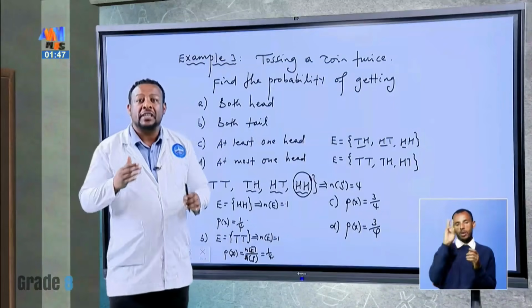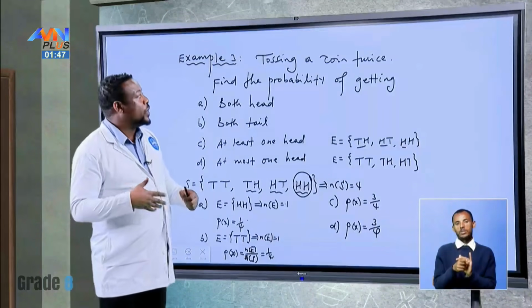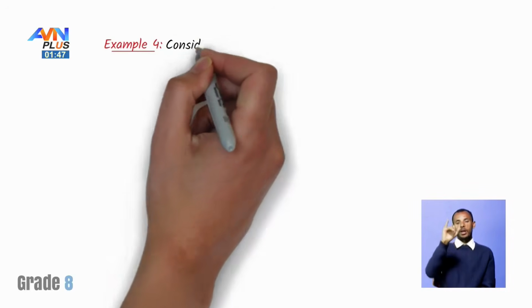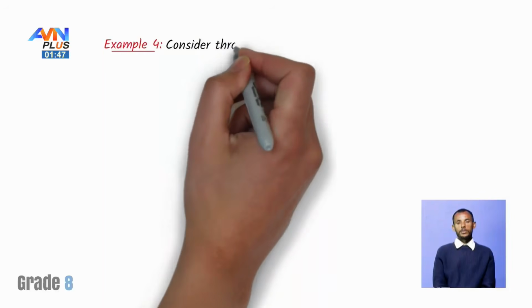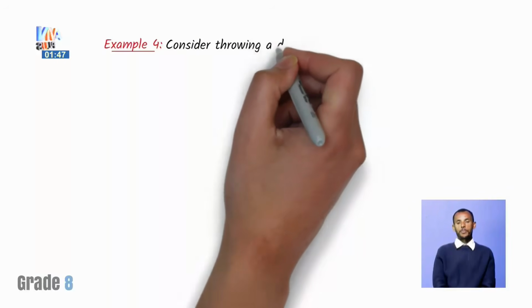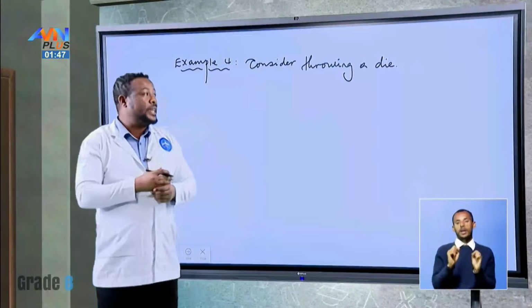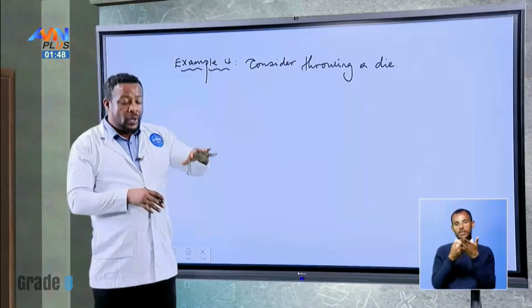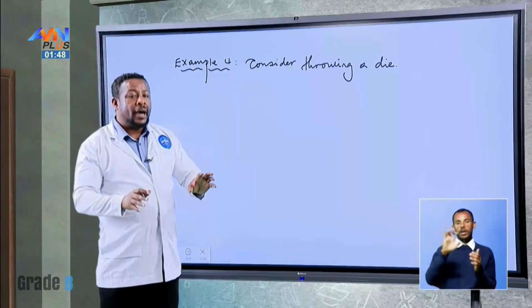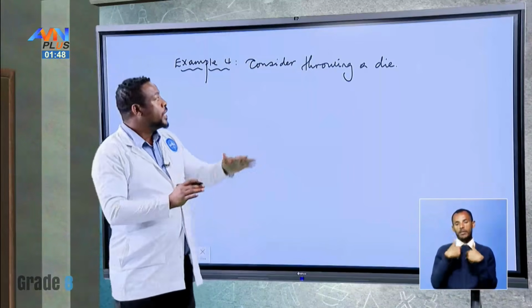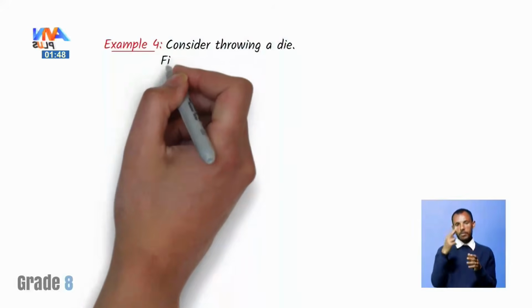I will add one more example to elaborate how we can calculate the probability of simple events. Example 4. Consider throwing a die. Well, you need to understand the statement first so that you can sense what the experiment is. Here in this example, we are throwing a die. Remember, a die is a cube with each face having different numbers. Okay, so in this case, find the probability of